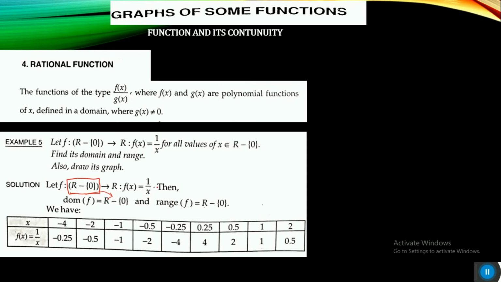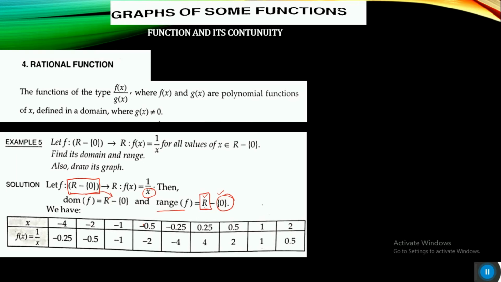If I put 2, 10,000, 3,000, 4,000, 5,000, any value, this term cannot be 0. You try putting any number of values here, largest to largest. So 0 will not be there. So what I will do, I will remove 0 from this range. Clear? So the range will be the real numbers, but I will remove 0 from there. Okay, so that is my domain and range.